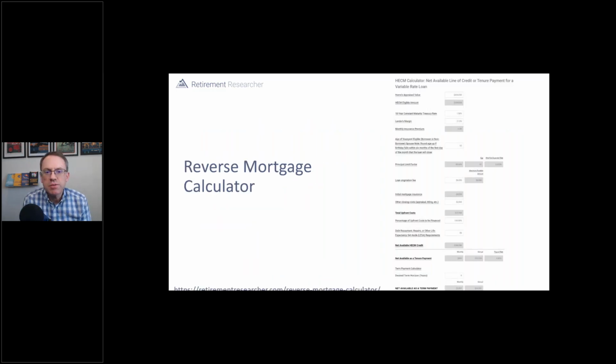Now, I do have a reverse mortgage calculator on my website if you'd like to play around with it. It's very easy to use in that regard, and there's a link to it in the chat. This is not going to show you how the line of credit grows over time, but it would let you put in all the details needed to see what a client could potentially borrow based on the home value, the different interest rates going into the loan, the origination fees, and whether they're going to finance those upfront costs as part of the loan. And then it's going to tell you the net available borrowing capacity, and it will also show you